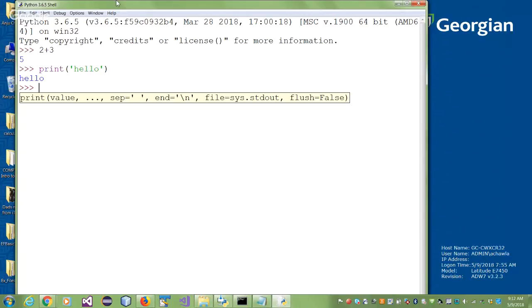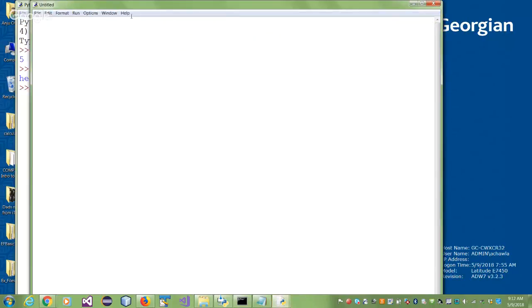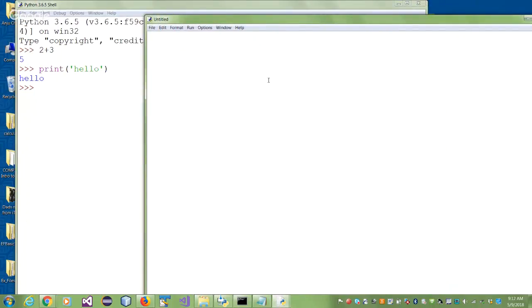It's very easy. To open an editor window, you go to File, then New File, and an editor window will come up. Now you can start typing your program here. Once you have typed your program, all you will have to do is click on the Run button and the program will run. It will be interpreted, translated from Python to machine language. If there are errors, it will tell you there is an error and it won't run after that particular line.